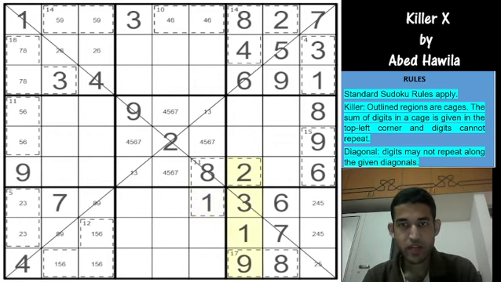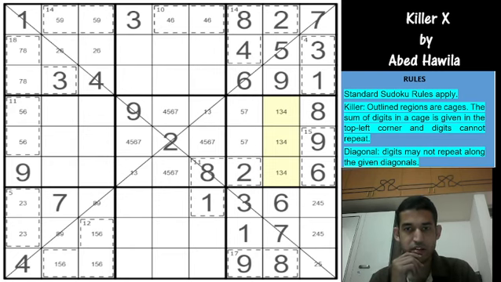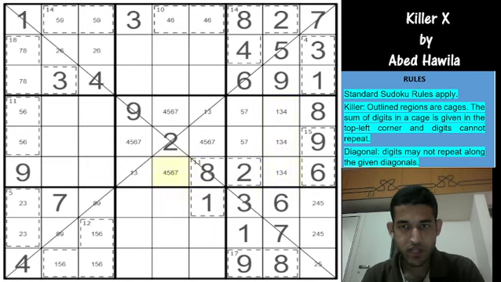Okay, 1 2 3 9 4 6 and 8, so this must be a 5 7 pair, and these 3 cells must be 1 3 4. I'm quickly filling the digits using Classic. So you have 6 here, so that's not 6 4 5 7, and 1 here resolves this 1 3 pair, so that's a 3, that's a 1,